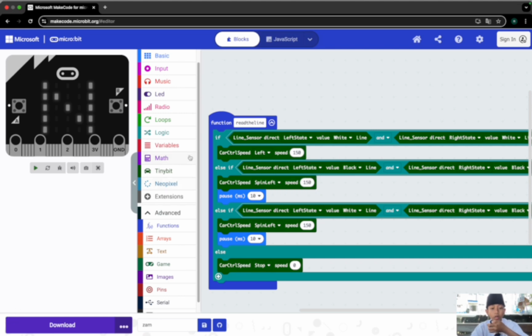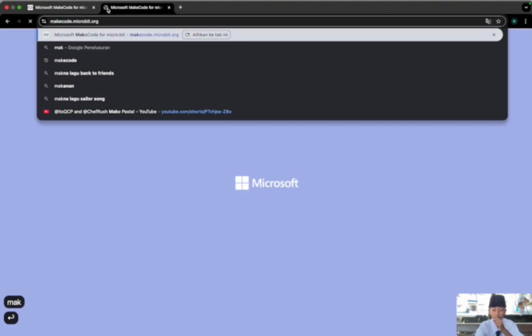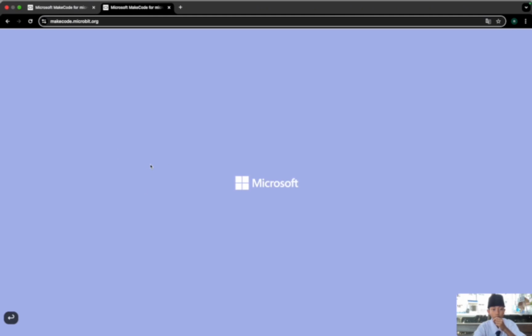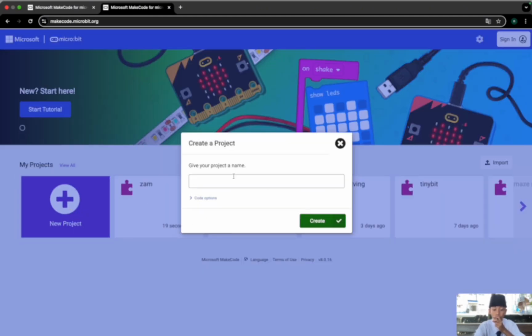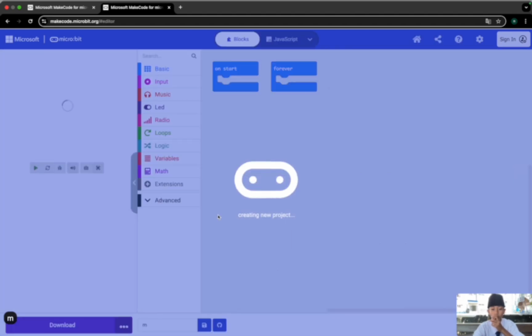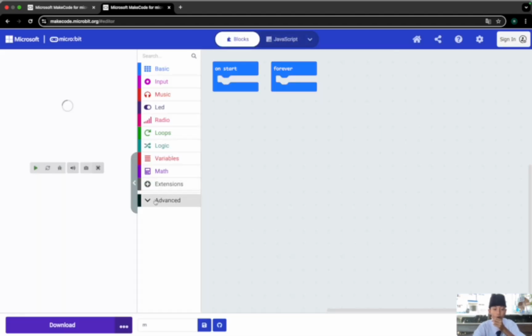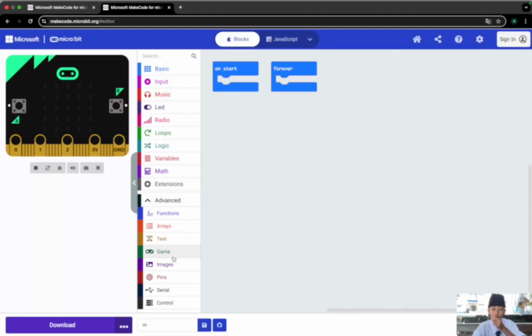And here we use the TinyBit code, but did you know if you want to add the TinyBit code in here, when we open microbit and make a new project, there is no TinyBit code in here.